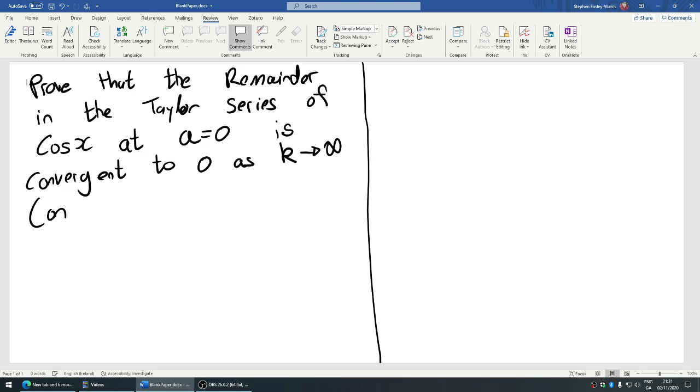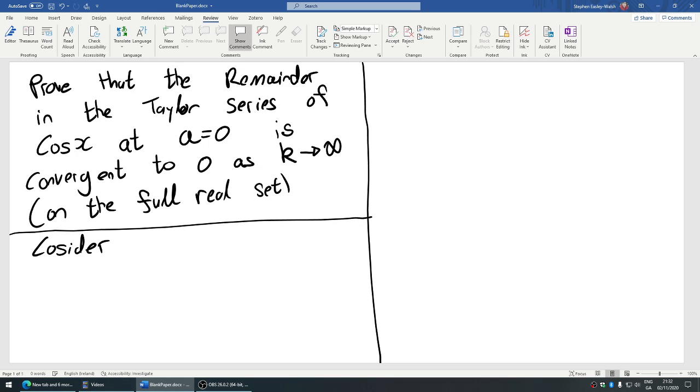And you want to do this on the full real set. So we want to prove that the remainder is always convergent to 0, regardless of how big of an interval we're looking at for the possible values of x. Okay, so we'll start off first by saying,